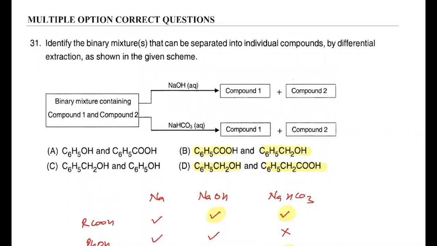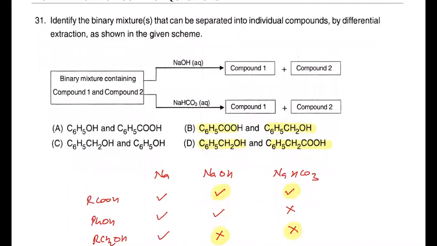If you use option A, it is a phenol and carboxylic acid combination. It simply means with mechanism 1, both will be dissolved. With mechanism 2, they can be separated. And in case of option C, it is alcohol and phenol. So in that case, with mechanism 1, they can be separated because phenol will react, alcohol will not react. While in mechanism 2, both will not react, so again they can't be separated. So options A and C can be separated by one process, but not by the second process. So they are not the answers.